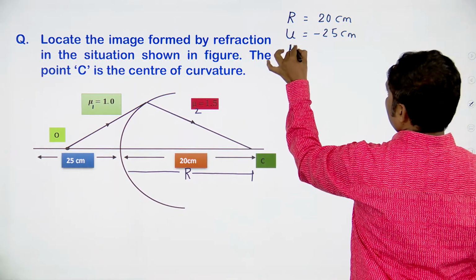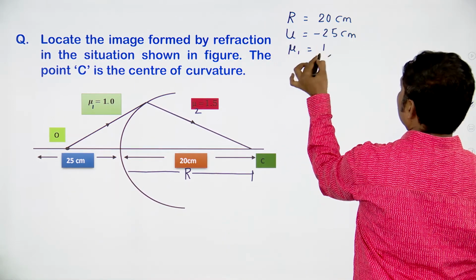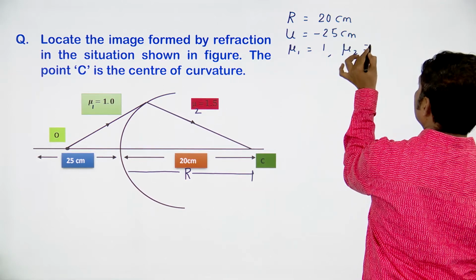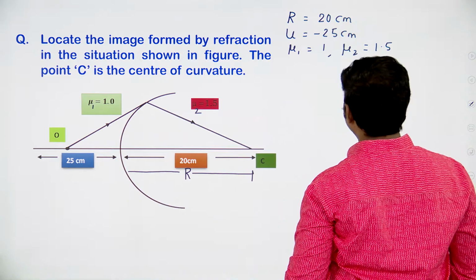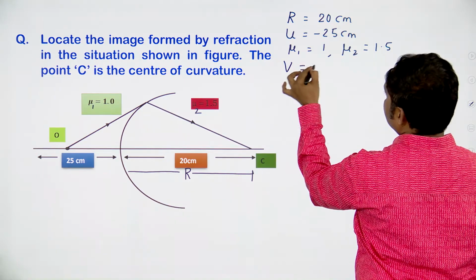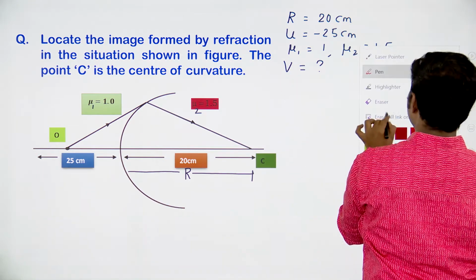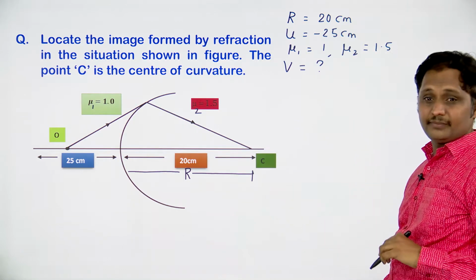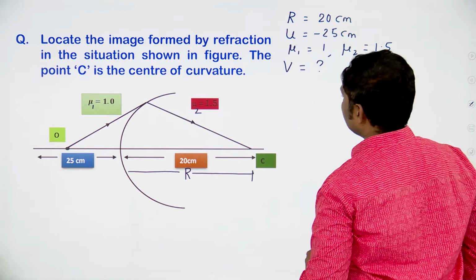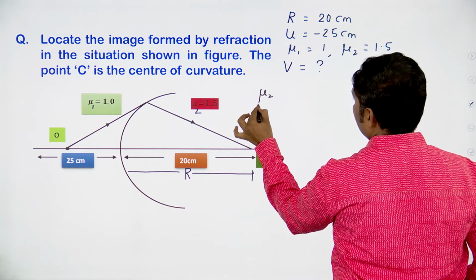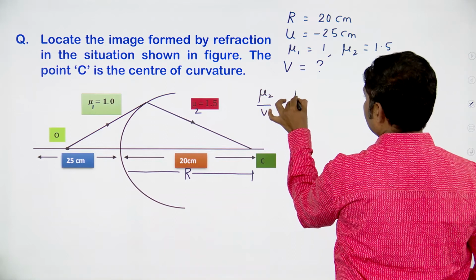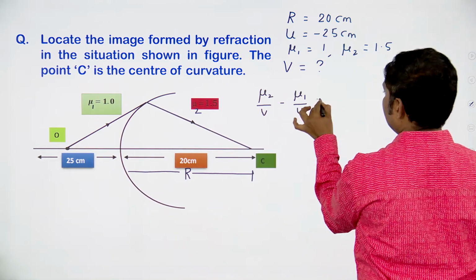And mu1 is equal to 1, mu2 is equal to 1.5. It's going to be the glass, just they have given already. But you have to identify that V is equal to question mark. You have to take this one. Okay. Now, by using the formula, we will solve the problem. It's going to be mu2 by V minus mu1 by U is equal to